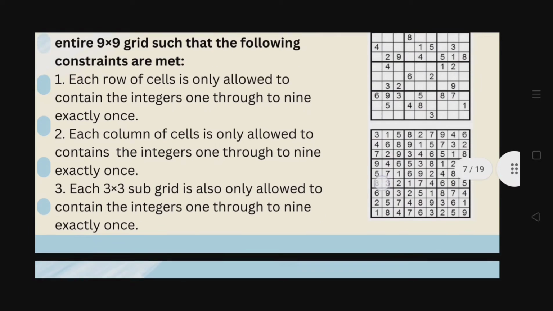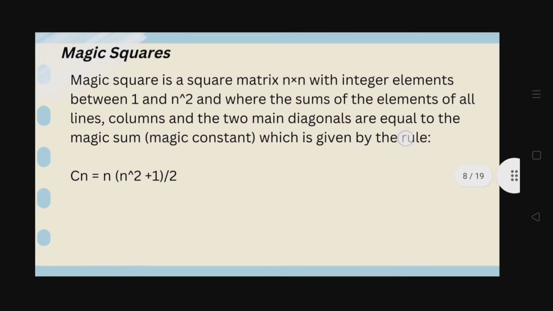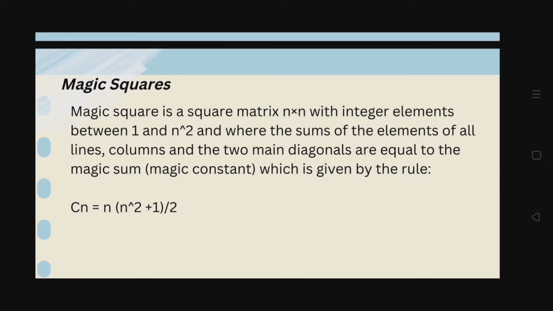Alright, now let's proceed to the magic squares. A magic square is a square matrix n by n with integer elements between 1 and n squared, where the sums of the elements of all lines, columns, and the two main diagonals are equal to the magic sum or magic constant, which is given by the rule C sub n is equal to